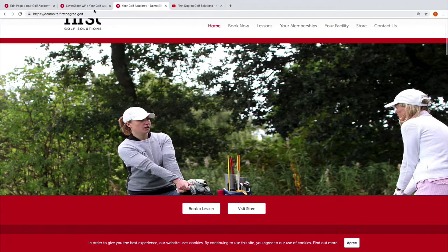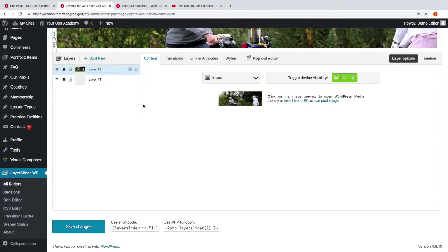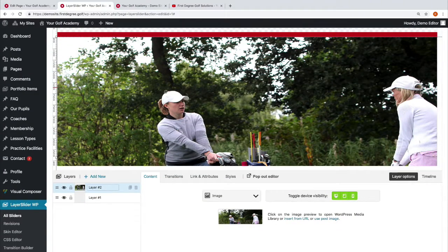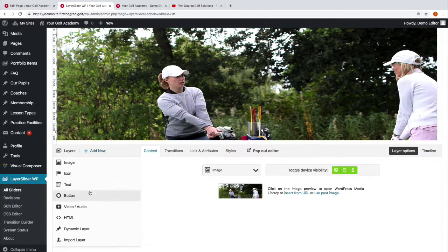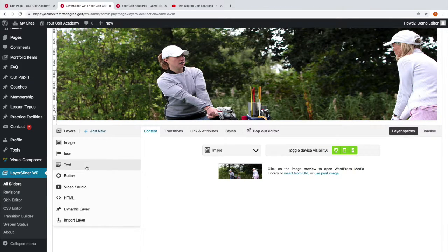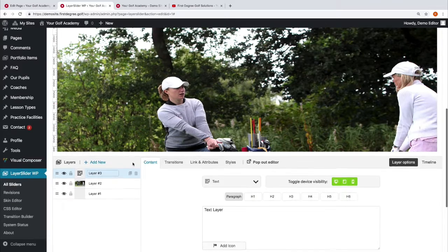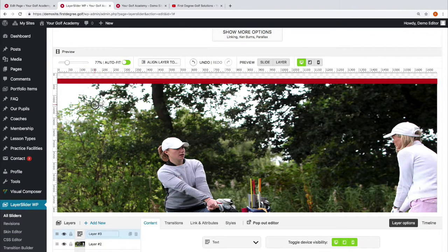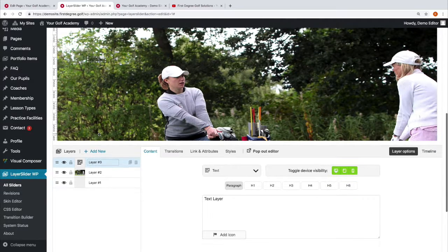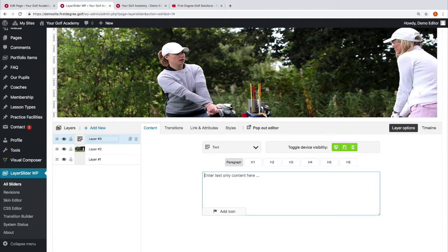There we go. Okay, so now I need to add some more layers, some call to actions and other features that I want to showcase on my layer slider. So what we're going to do now is we're going to add some text. So I'm going to go ahead and choose the text, and the layer will automatically go up into the top left corner. So I'm going to move that down. And we now need to add some text to the banner, which promotes the coaching service or the call to action that we want to display to our customers. So we're going to go with a simple bit of text. Coaching